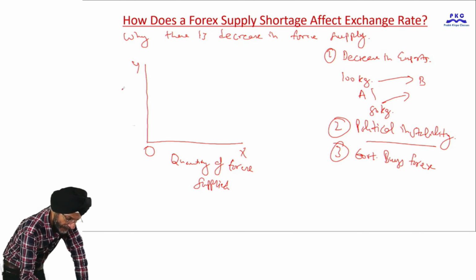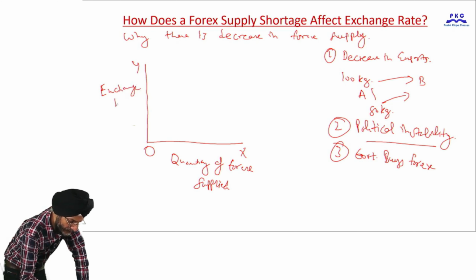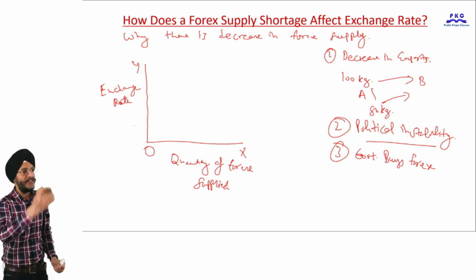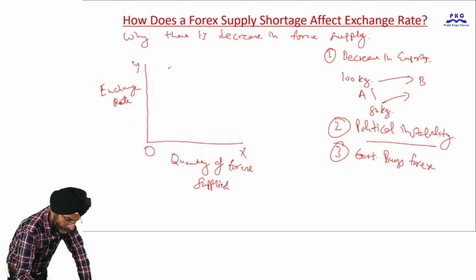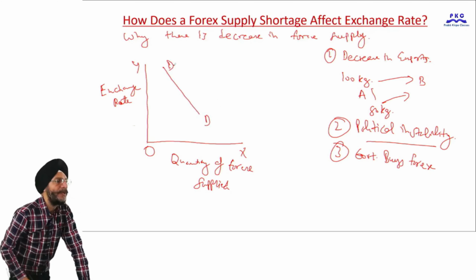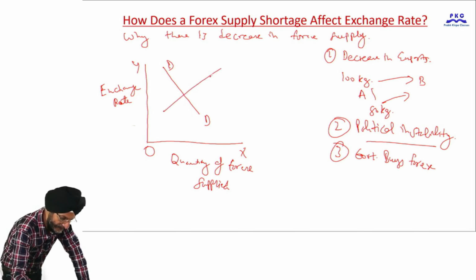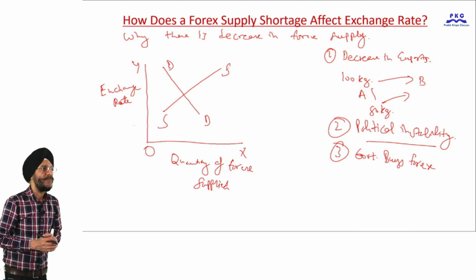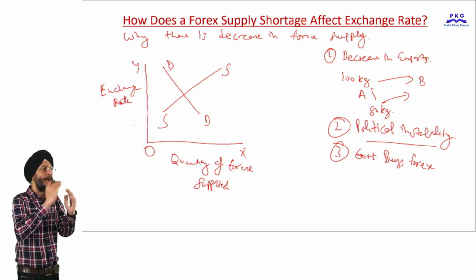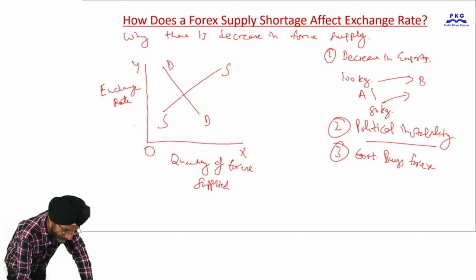On the Y axis, it is exchange rate, or the price of foreign currency in relation to the domestic currency. Here, DD is the demand curve, which is downward sloping. SS is the supply curve, which is upward sloping. So due to the interaction of demand and supply curve, exchange rate is